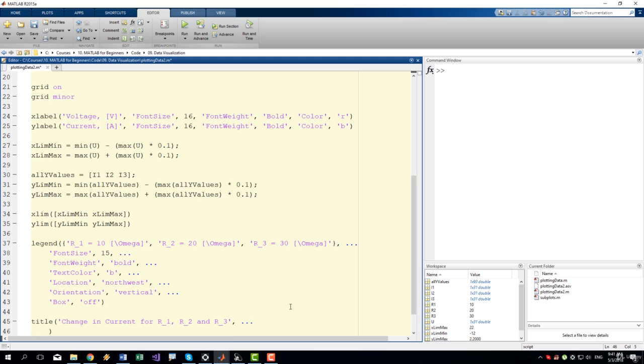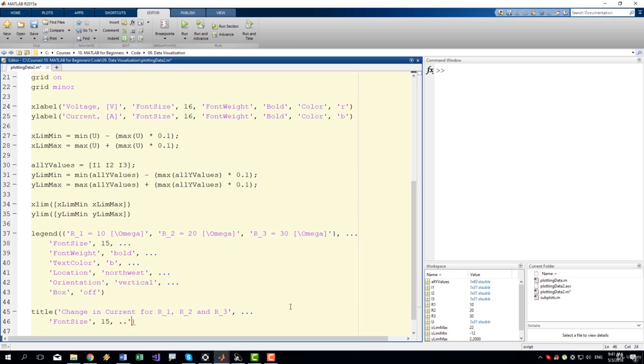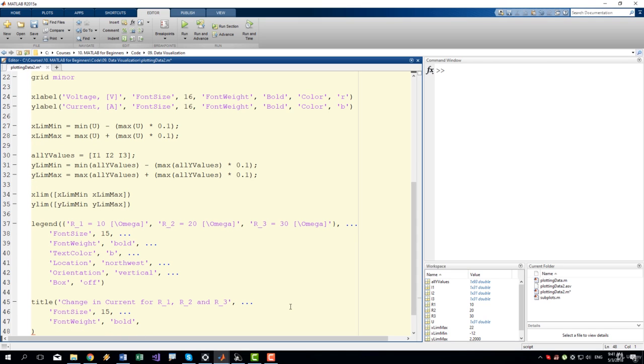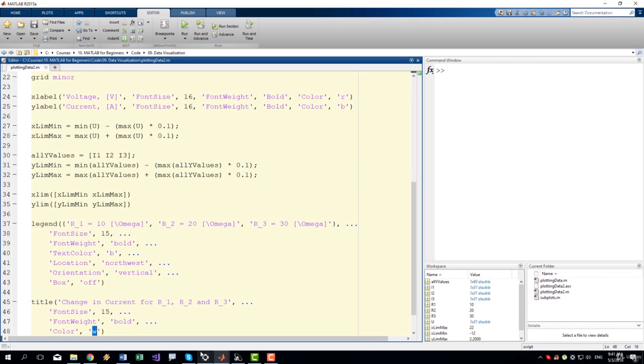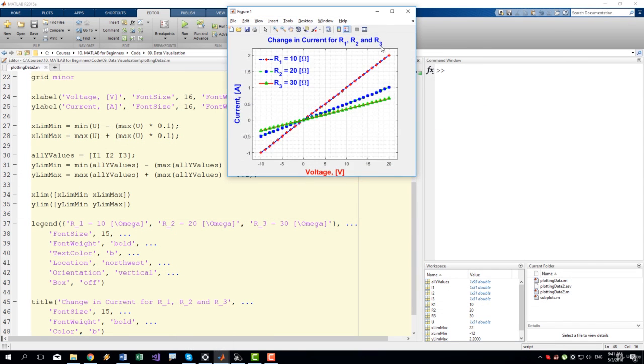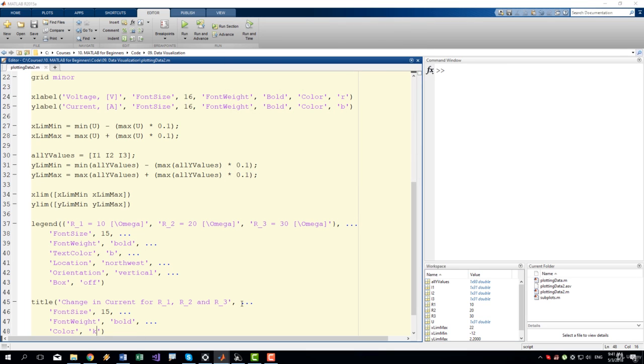So we can say font size equals to 15, and we can change the font weight to bold, and we can change the color, of course, if you want to do something like that. So color, let's make it white. And of course we can't see it, so let's make it blue. Yep, black. All right,